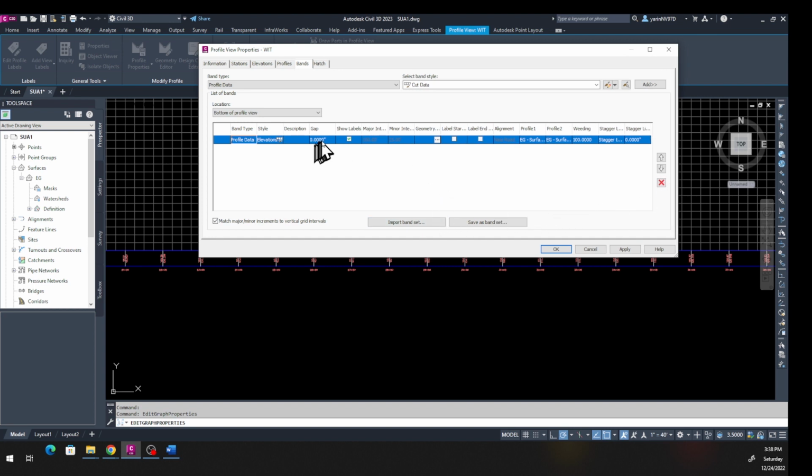Okay, so now you have the Band tab, and you have all these other tabs on top, and there's one that says Profile 1, one that says Profile 2, and you've got to define which one is which. So Profile 1, if I click down at the bar below, it has only EG, or FG, PG, existing ground. So let's keep Profile 1 as existing ground. Okay, and let's make Profile 2 the finished ground or proposed ground, and click Apply, click OK,